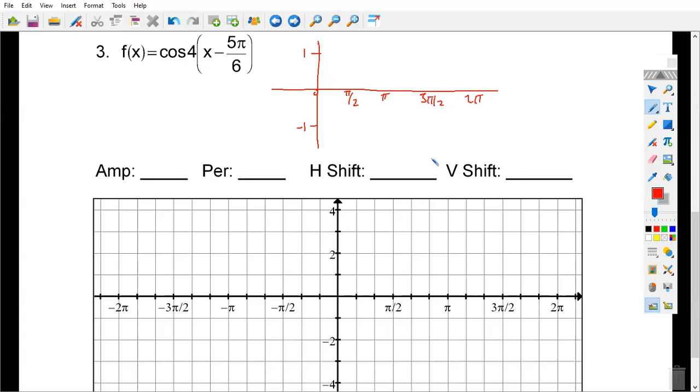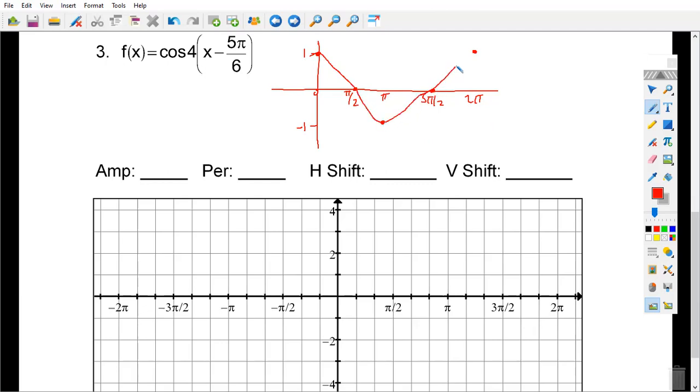Okay, remember cosine is our cup, right? And our cup at 0 has a maximum at 1, right? At pi over 2, it's going to cross the x-axis. At pi, it has a minimum at -1. And at 3 pi over 2, it has an intersection. And at 2 pi, it has a maximum at 1. So it looks like,